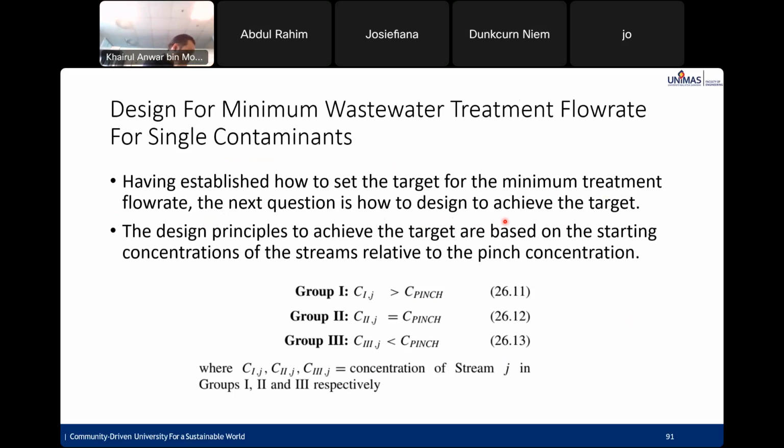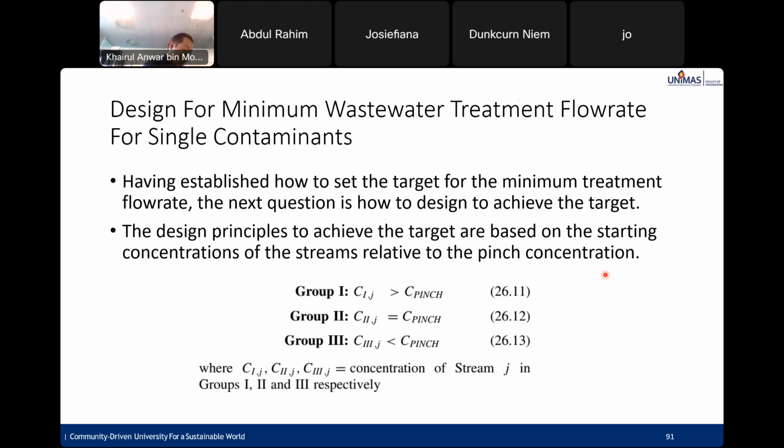So far we covered design for maximum water reuse for single contaminant within the water grid system, water main. So this is design for minimum wastewater treatment for single contaminant. Having the design able to achieve the target is based on the starting concentration of the stream relative to the pinch concentration. So still remember, the pinch is normally